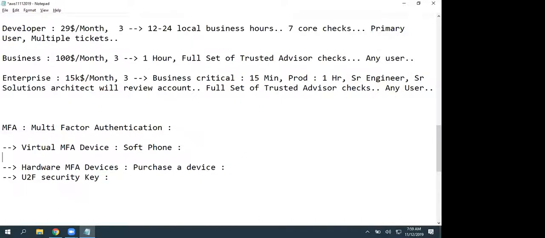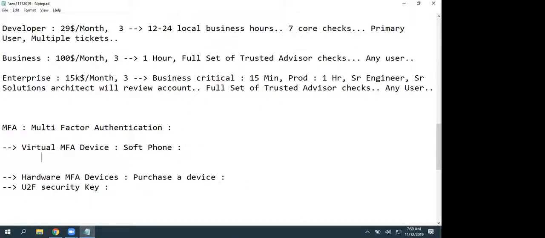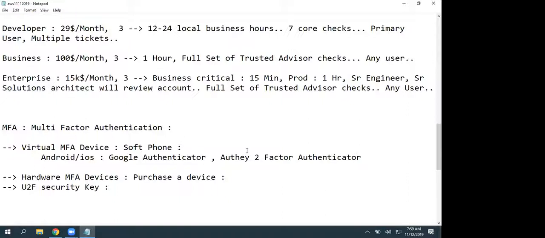Based on your mobile operating system, Android or iOS, we have multiple applications. One is Google Authenticator and the second one is Authy two-factor authenticator. First of all, install this application on your device and keep it ready.